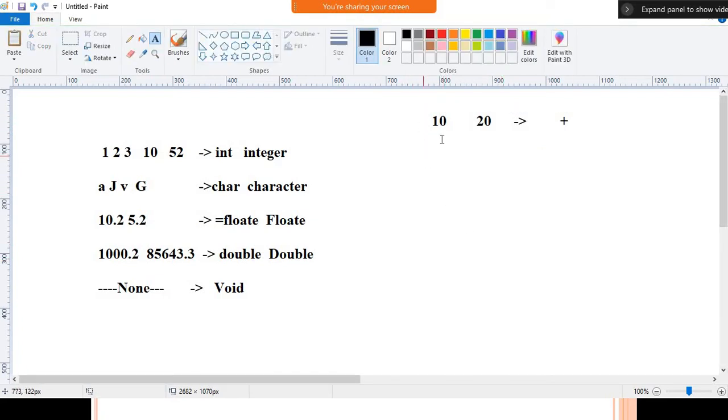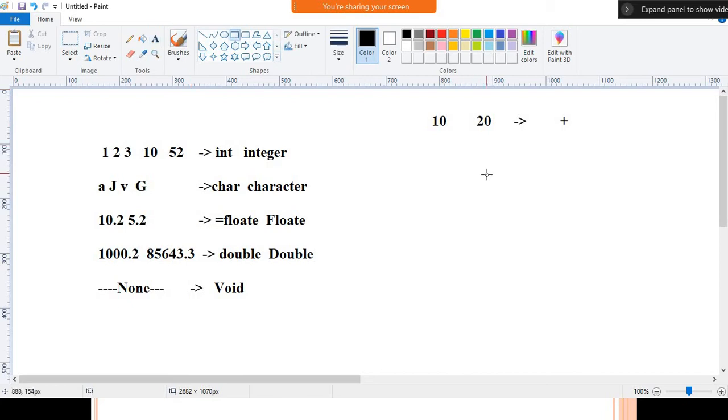Right now when we see the values, we can easily identify these are integer values. If the values were like 10.5 and 20.5, then we can easily identify these values are fractional. So the important point is that if you want to perform an operation on these values, we need to store them. Where can we store them?